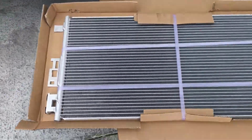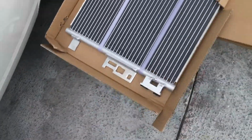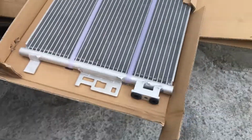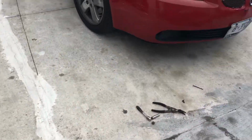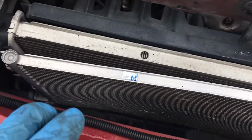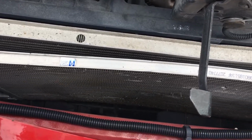This is the new AC condenser right there. I think it only has 1 bolt. This little bolt right here, that's the hole. I need to remove the bolt and take it out. So before you can remove this AC condenser, the only thing you have to do,